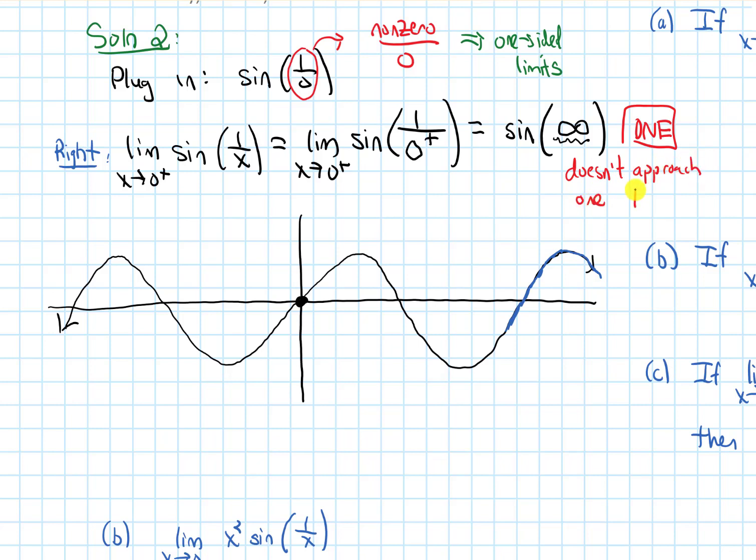It doesn't approach one number. It doesn't approach any number. It just keeps bouncing back and forth between 1 and -1, but it doesn't settle in and get really, really close to anything. So now, if I were to do this from the left,